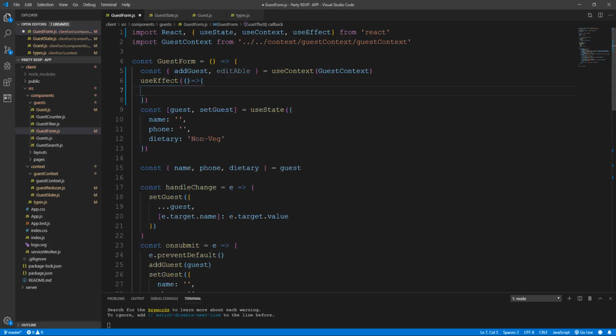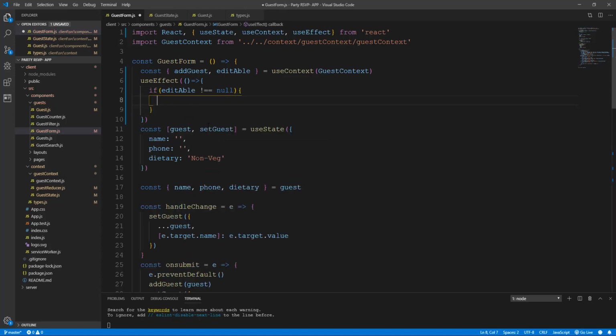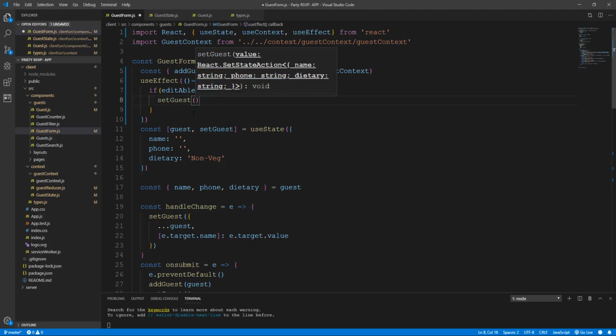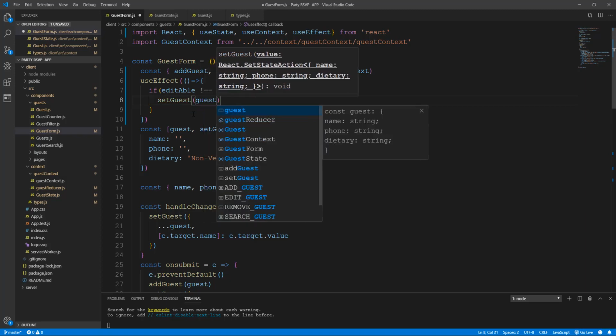And here we want to check the same condition we just did for console logging. So if editable is not equal to null, then what we want to do is call this setGuest, but we want to set it to